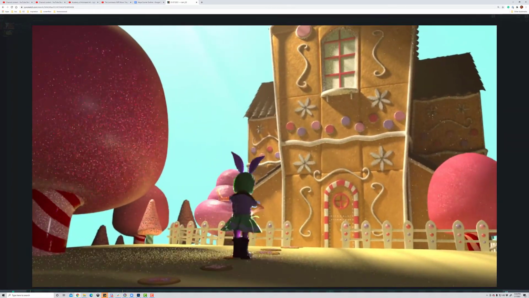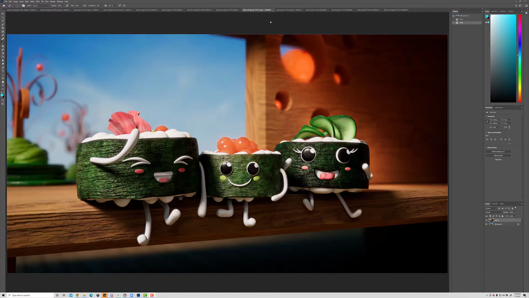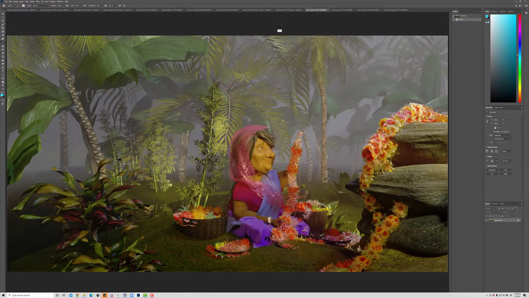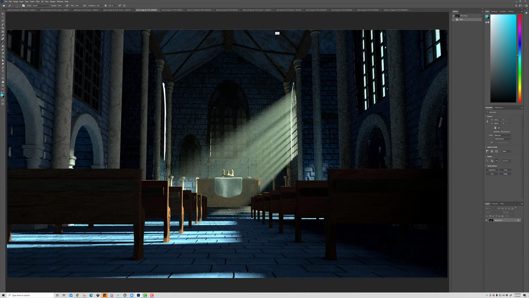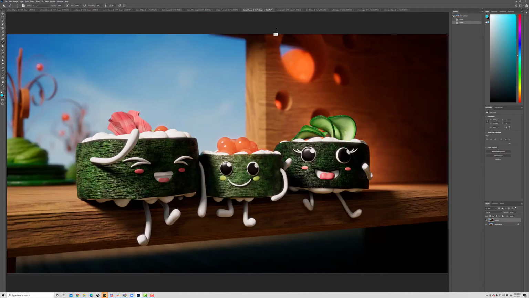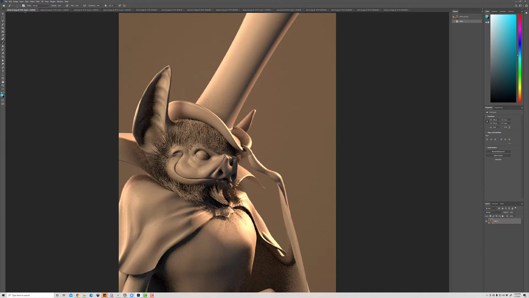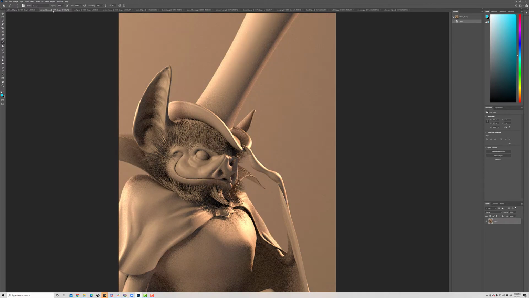Okay, let's move on to our stills. All right, so here we are in Photoshop. Let's go ahead and take a step through. So we've got just a handful of images to go through here. I wanted to talk about each one individually. Let's go through alphabetically. So Adrian, you had a really great question about, because obviously we do reviews here